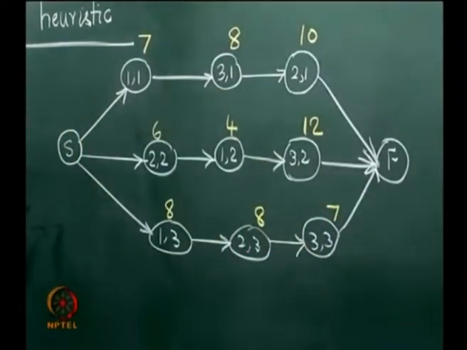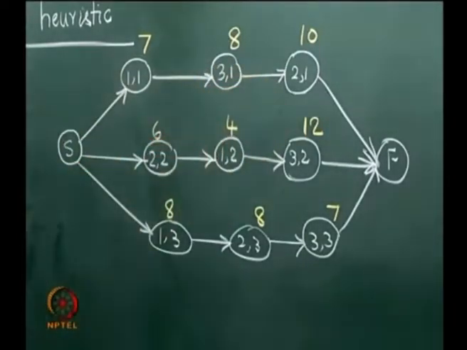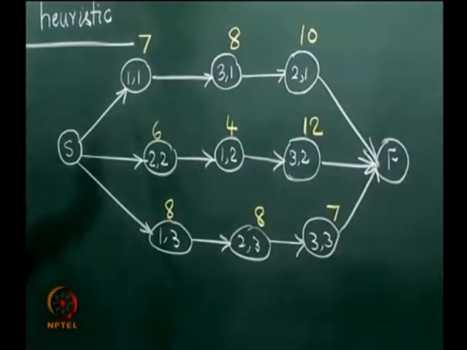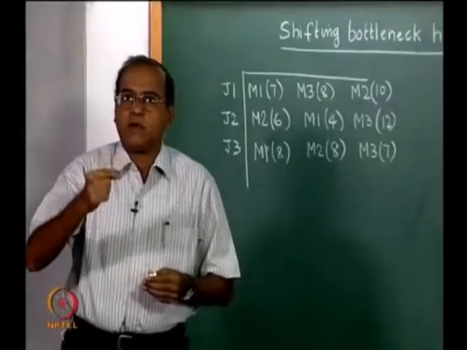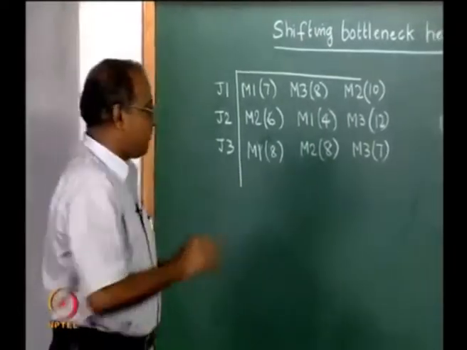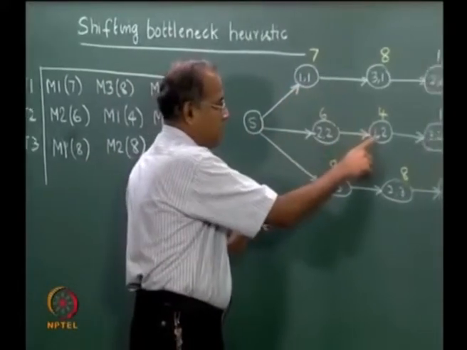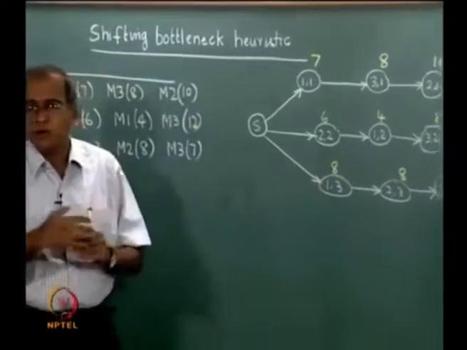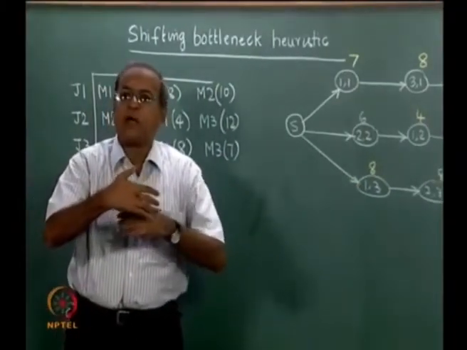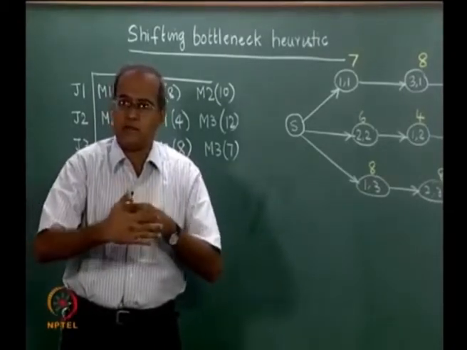So left to itself, each job will go through these machines, and the order of visit of these machines is captured. But then we also have a condition that a machine can process only one job at a time. So if we take a particular machine, machine 1 figures here as well as here. So machine 1 would now take the jobs according to a particular sequence, and depending on that the time taken will change.